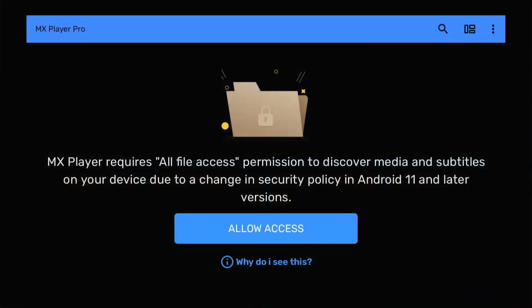So launch the application. And now the first thing you're going to be greeted with is to allow access. So you'll be asked to allow permissions for MX Player to actually discover media and subtitles on your device. So just click on the allow access button and this will prompt up the system to bring up the settings. So when that is done, you're going to give MX Player that permission and you'll be able to progress using